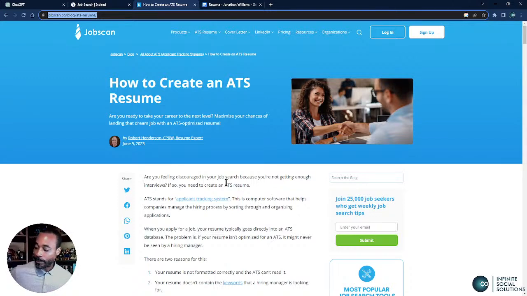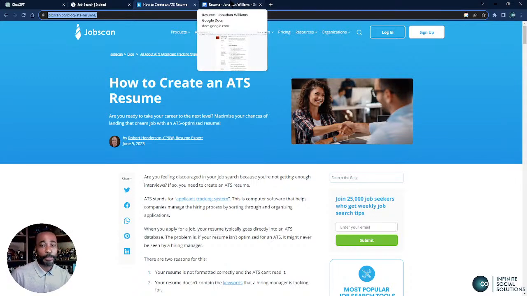If you're not familiar with ChatGPT, it's AI, using AI to do all sorts of tasks online. I'll be going over that. So first thing, ATS, Applicant Tracking System. An applicant tracking system is computer software that helps companies manage the hiring process by sorting through and organizing